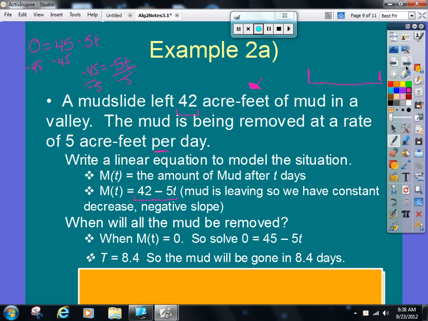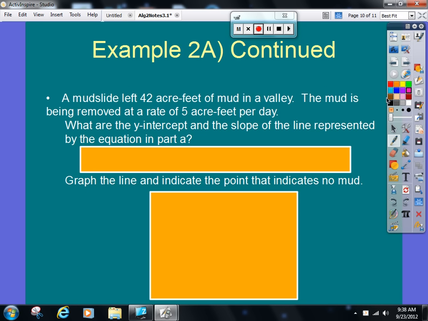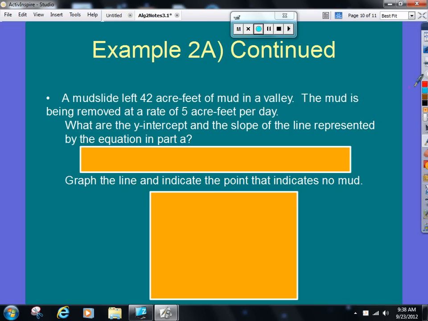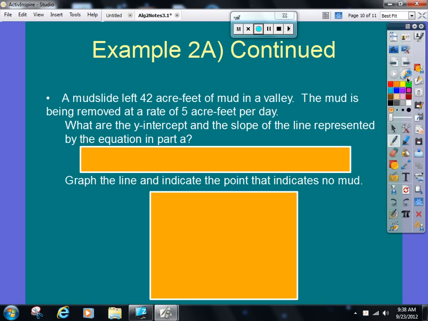Okay, this is fun. I know you like it. I'm glad. Okay, back to the mud. What are the y-intercept and the slope of the line represented by the equation? Okay. I think that's helpful to actually graph it first. So we're going to start here